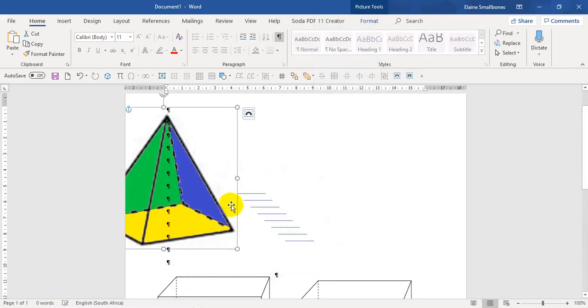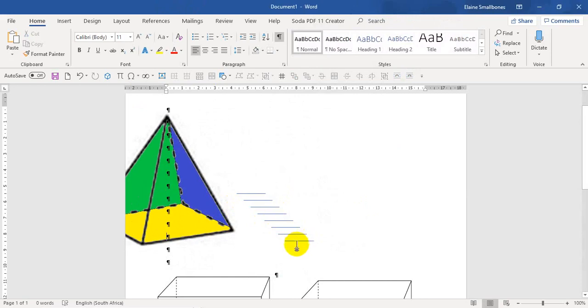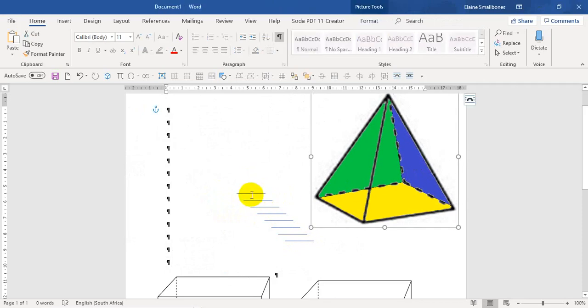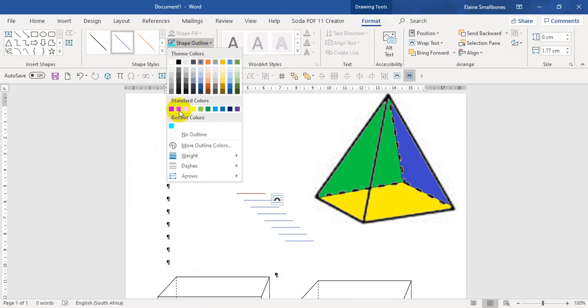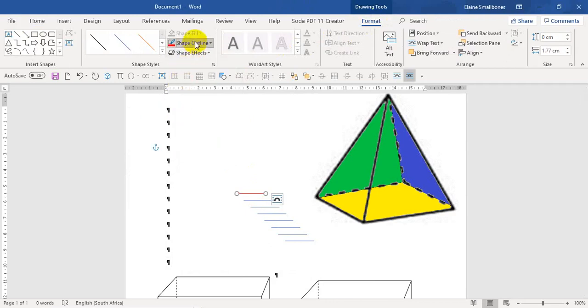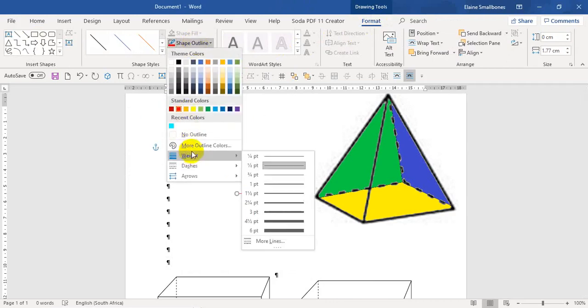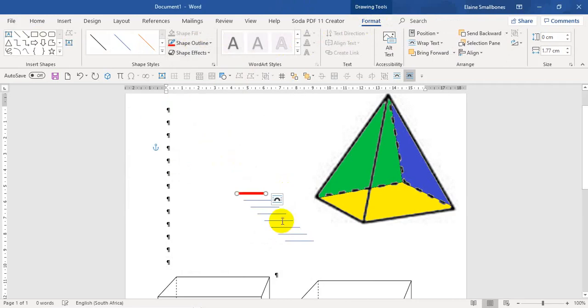Or else I can work on it like this. I want to make these lines thicker and a color that I can see. So I'm going to highlight each of them. This is quite fiddly when you get to do it. Come on. There you are. I'll just do it with one. Now, if I'm going to work on this, I'm going to go to Format, and I'm going to go to the Shape Outline. I'm going to change the color to red, and then I'm going to go back to the Shape Outline, and I'm going to go to Weight, and I'm going to make this really fat so that it